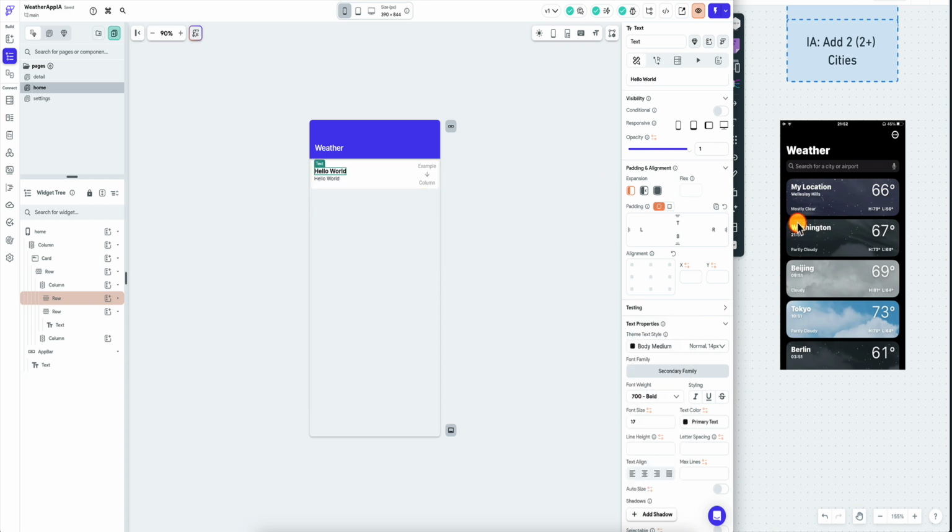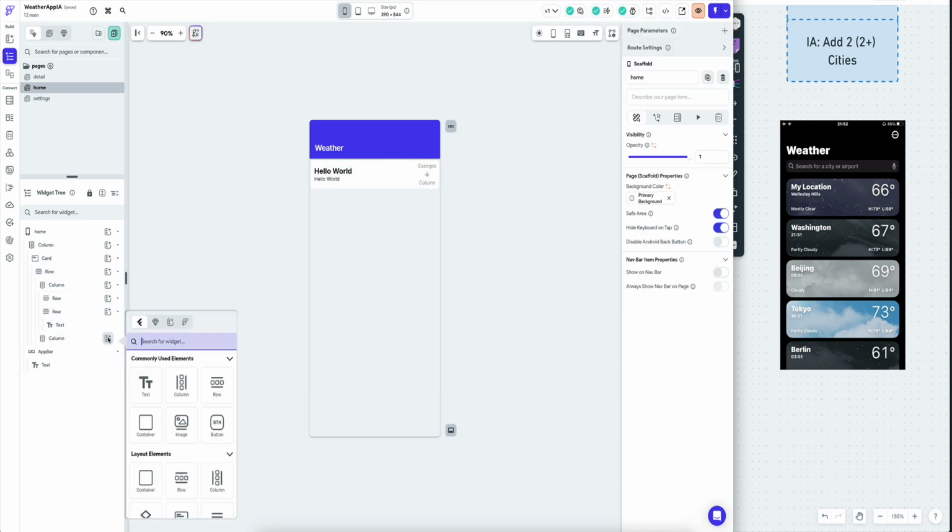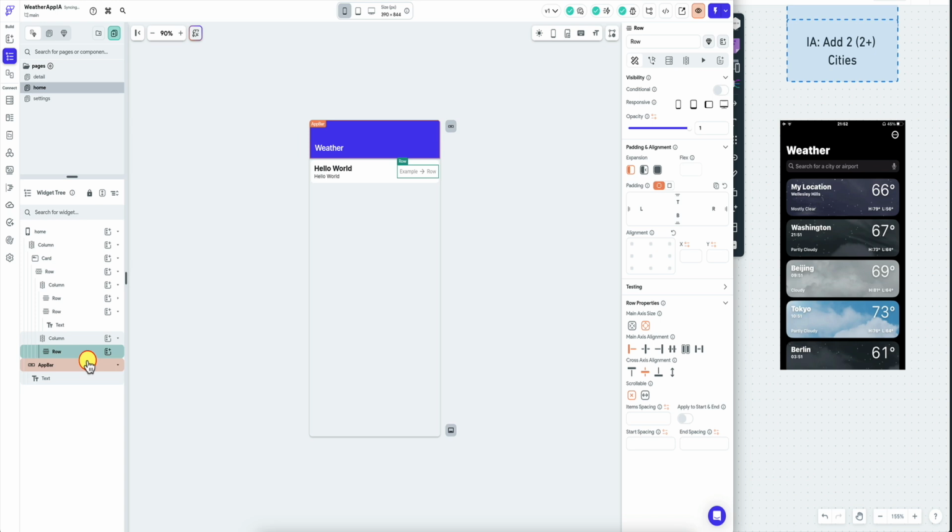So in this case, this is my location, but typically it's going to say the city and the time in that city or something like that. Okay, in fact, we can make it even bigger. Okay, that looks good. And so now we have these two rows here, and this one here is going to have one row, right? So we're going to come in here, we're going to do one row, and I'm going to explain to you why. Okay, so now we have this one row that takes the space of these two